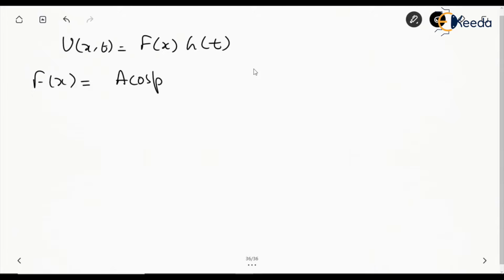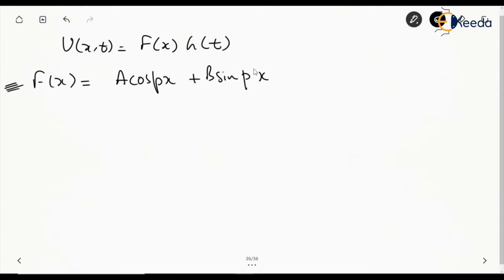So in this case, where we have assumed u of x t equal to f of x into g of t, let's say g of t, although we have written T of t in the previous case, this f of x is going to be a cos px plus b sin px. Since we are coming from k being negative, this is what we can have for the function f of x. In case you don't understand anything, you have to remember that for such conditions we are going to have f of x like this.